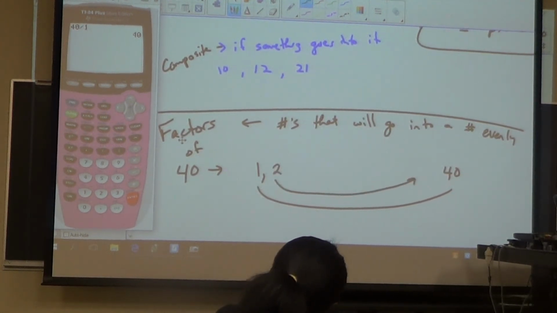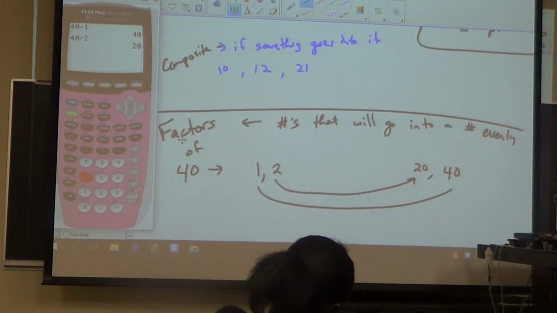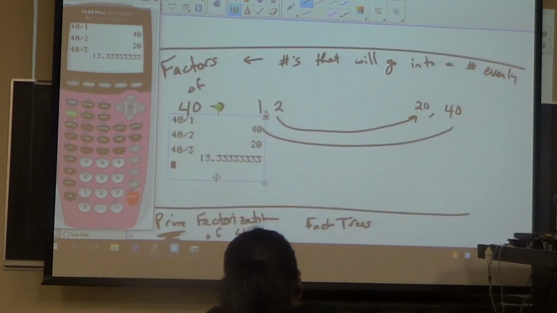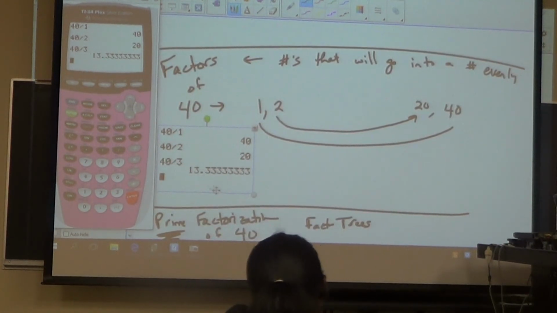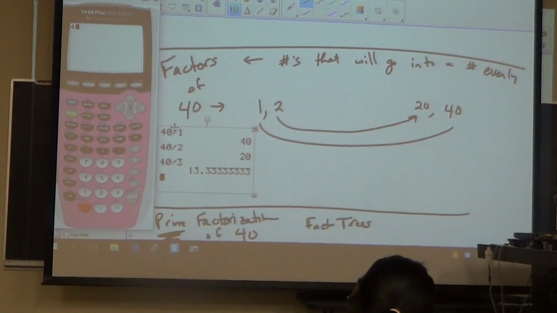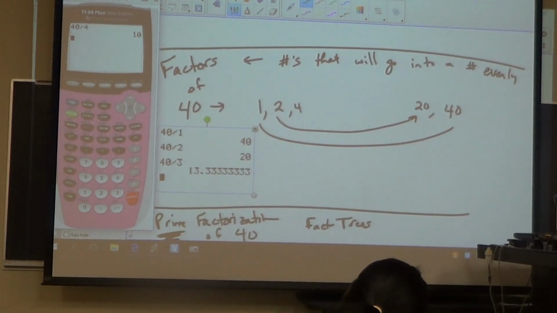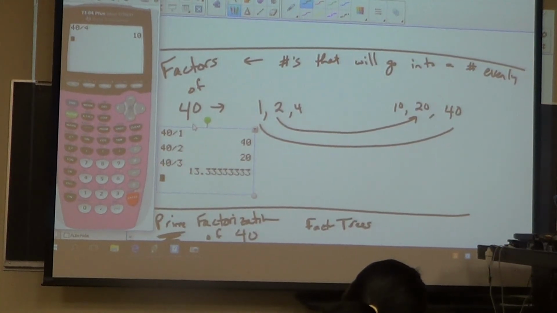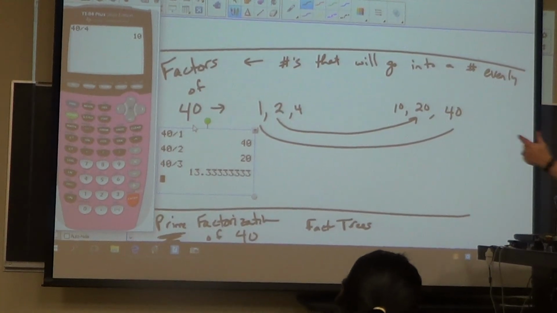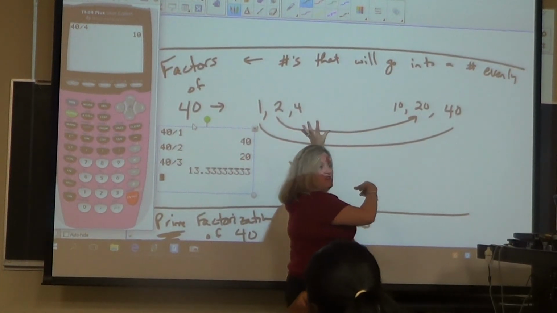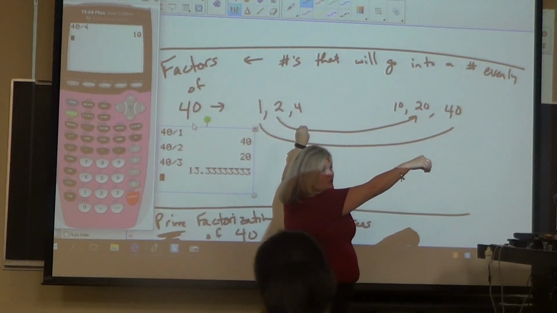Will 2 go into 40? Some of y'all know, some of y'all don't. Some will do it in your calculator. It goes 20 times. Then we go to 3. We know that 3 does not go, and the reason we know is because it's not a whole number. So then we go to 4. 4 goes in there 10 times, so 4 times 10. Do you see that as I'm counting up, the partners are counting back? So you need to write him and his partner so you can close